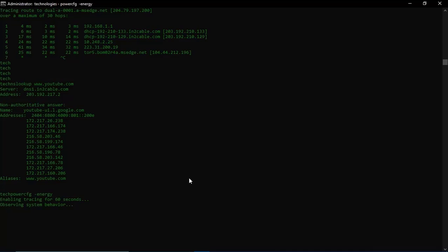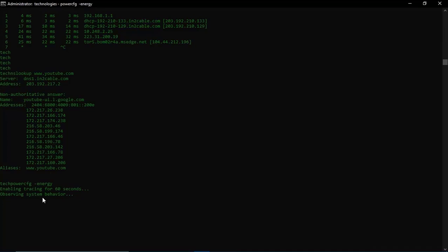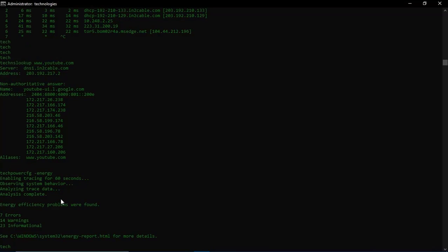It's taking quite some time because it's observing the system behavior, like network and your computer, laptop or Windows performance. Analyzing the trace data takes time, step-by-step procedures and all.